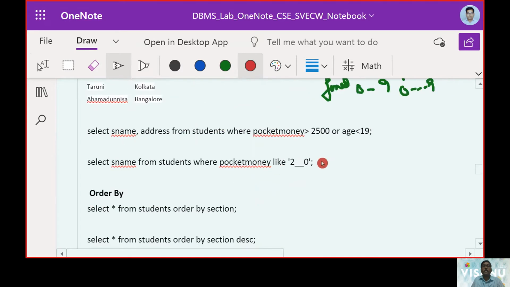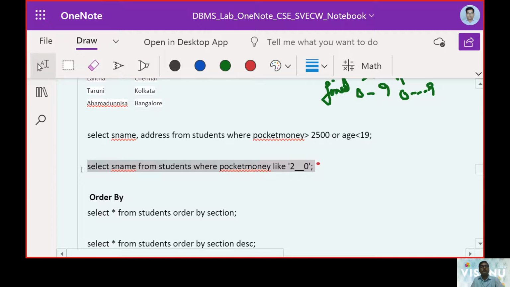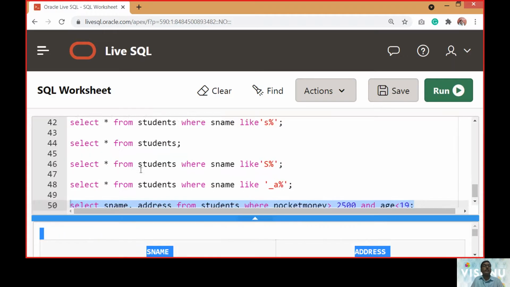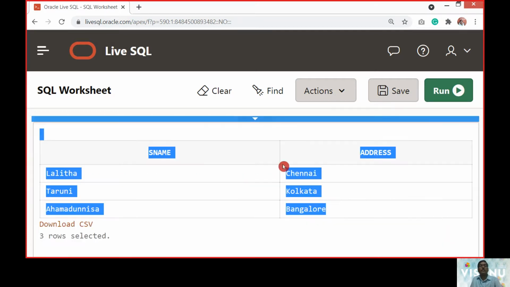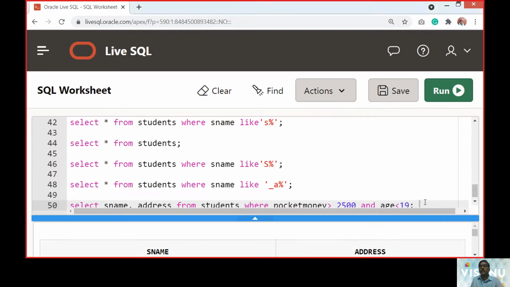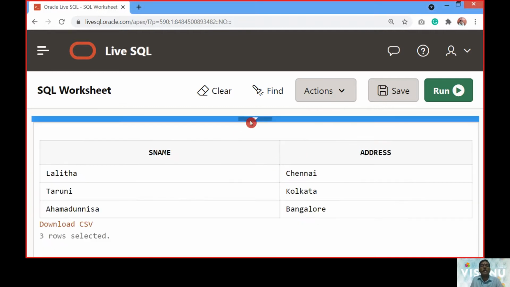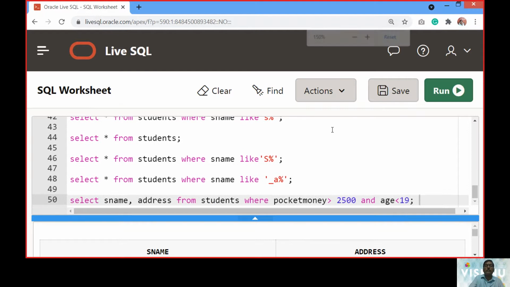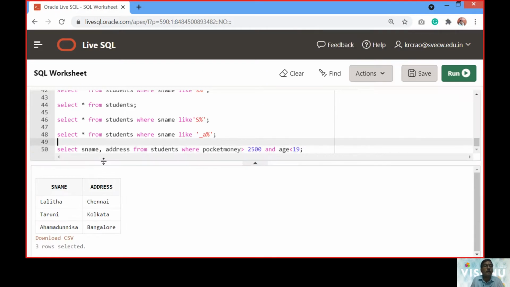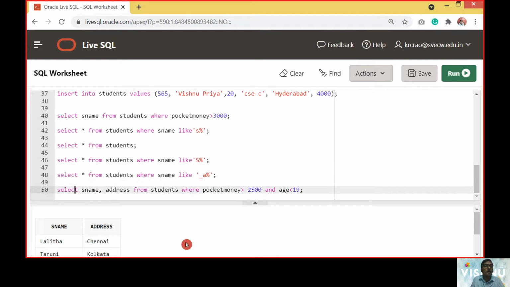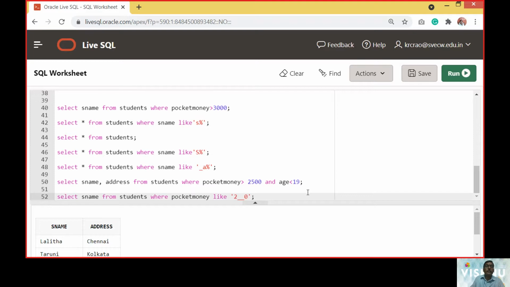So let us take up this query now and move it to the online SQL editor. Putting the query here.